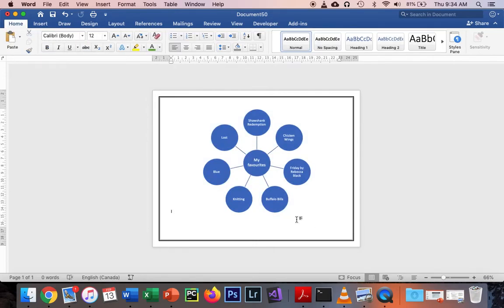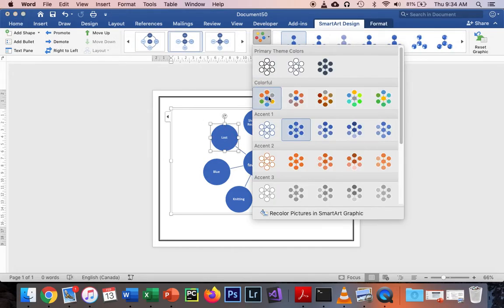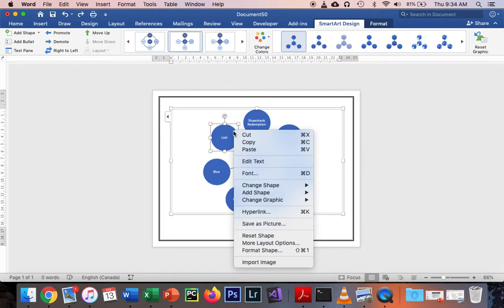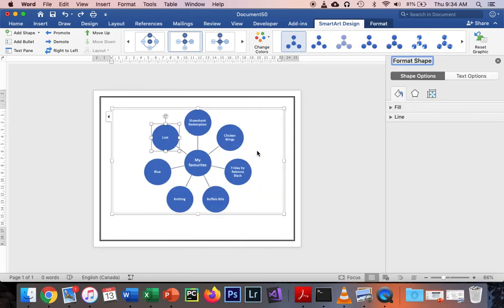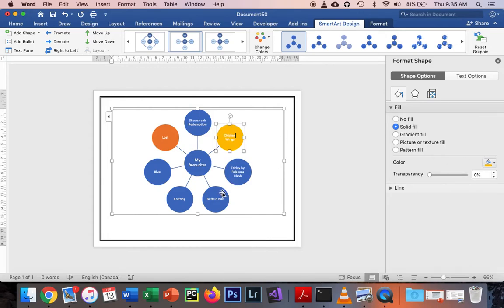This is perfect. We have this set up, but now we need to individually modify what some of these look like. So how do we do this? If I just click on this Lost thing, this pops up. And if I go to change colors, and I change this, everything changes. That's not what I want at all. But I could right click on this, and I can actually just format this one shape. So if I right click, format just this shape, well, now I can mess around with this. So I'm going to solid fill this, and maybe I'll make this thing orange, and you'll notice just this one changes. So I can do this again, and I can just go around and change all of these colors